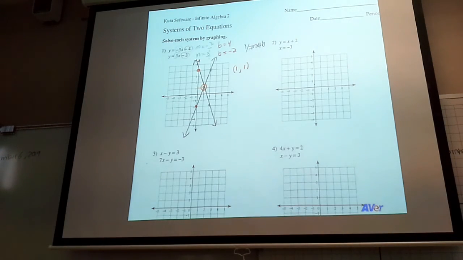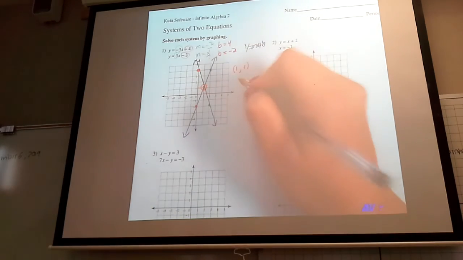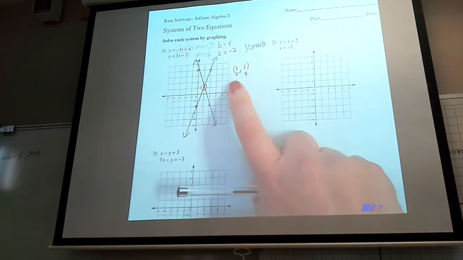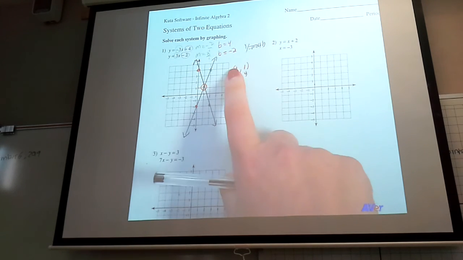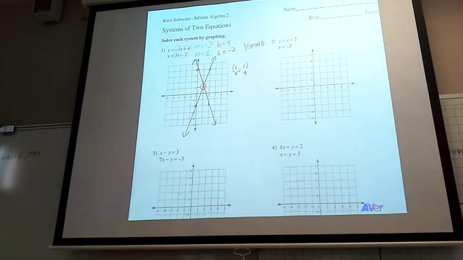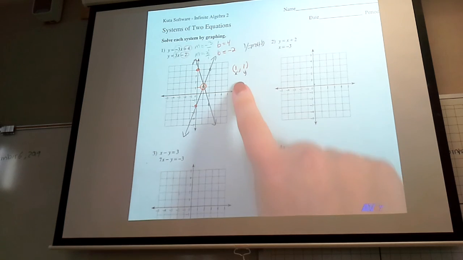If I wanted to check or verify my solution, what I would do is label my point x, y. Then I would take this x, y and replace the x and the y with those numbers to see if I get a true statement for the first equation and a true statement for the second equation. That's how you would verify. If it works, then you know you got the correct